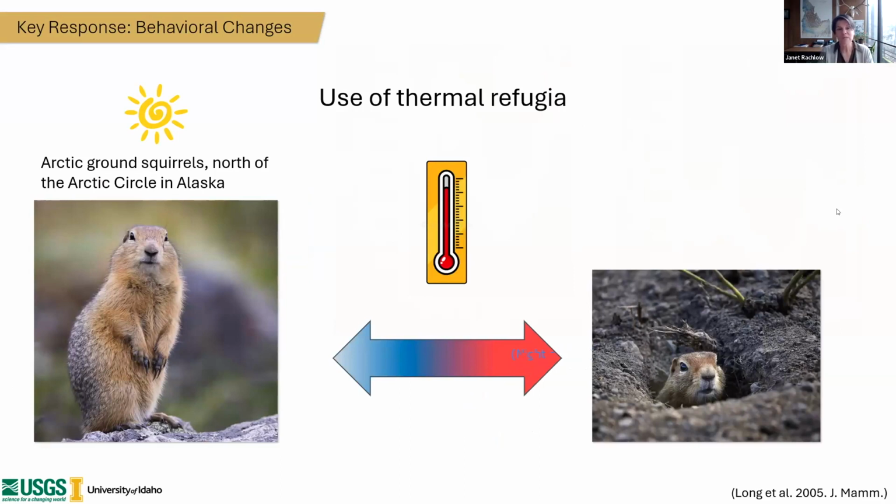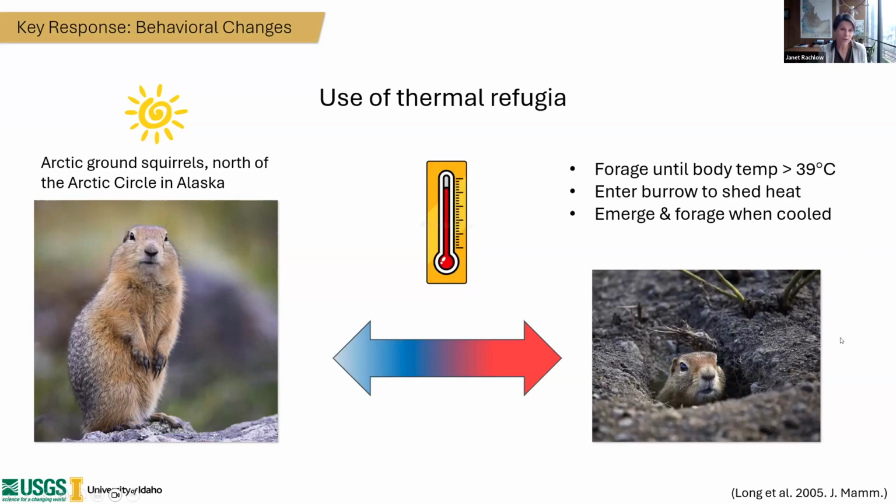And during the summer, these animals are active, foraging on the surface. They wind up gaining a fair amount of body heat, and that's from solar radiation. There isn't any shade. They're above tree line. And once their body temperature gets up above about 39 degrees, the animals go back into burrow systems. They shed that body heat. You can advance the slides a little bit. Yep, they shed that body heat, and then they come back out and forage again on the surface. And this is a behavior that's known as shuttling thermoregulation.